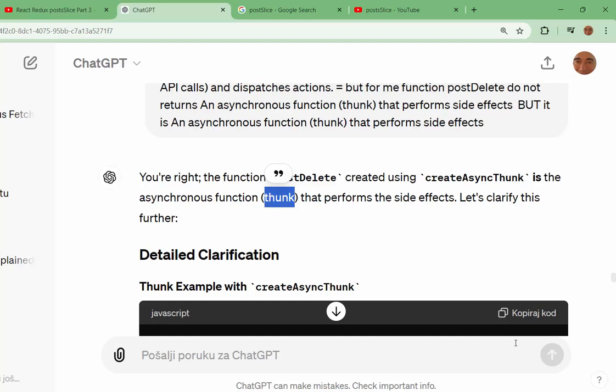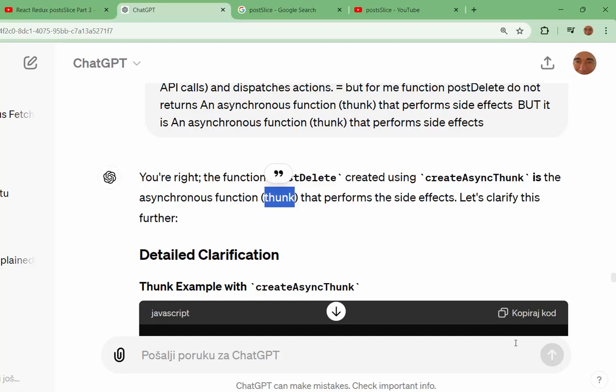Any side effect, not only fetching data from a remote server. Any side effect we can code thanks to thunk, by thunk.